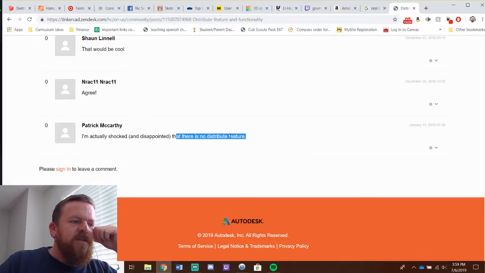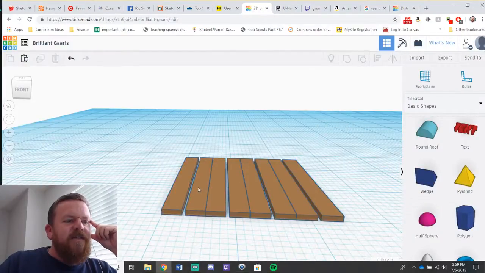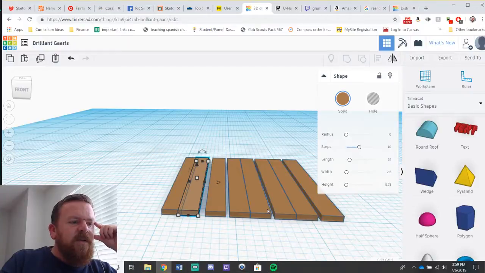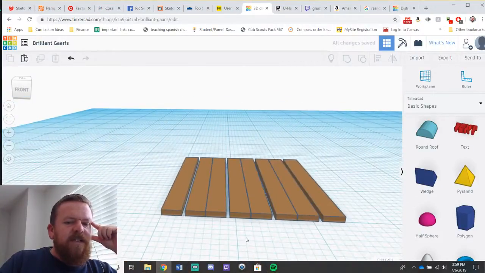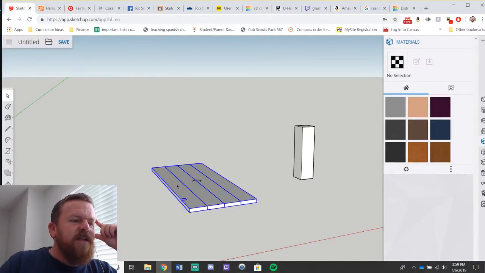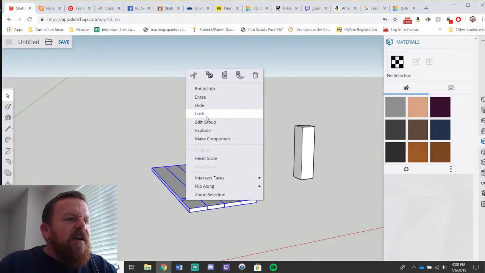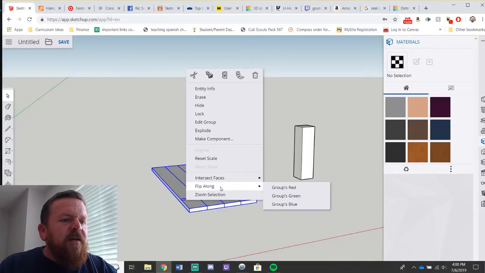Shocked and disappointed that there's no distribute feature. See? This would be real easy. But getting the items snapping to a weird grid that is too imprecise. And then Ricky would say, we'll just go to SketchUp. I'm sure he would say that. But this is just way more complex. And I get it, but